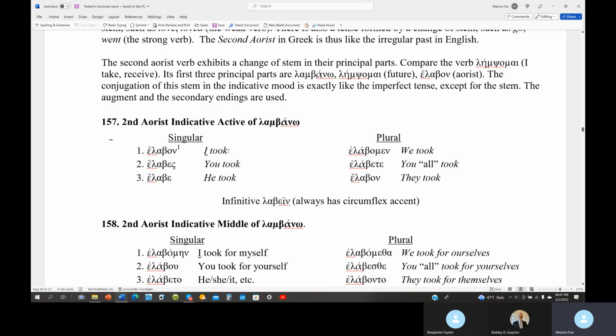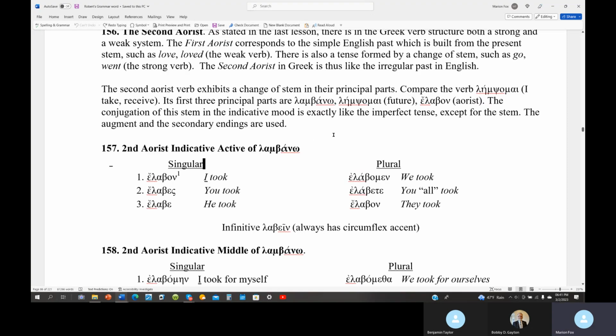We can find lambano in the book somewhere, and that's what Thayer will basically call it. Lexicons will call it a take or receive. So in your knowledge, when you see that, if it's in the middle, is that more of a taking or a receiving? It's probably taking, because it's self-prompted. That would distinguish it from the passive voice. I think the passive voice is when it ought to be translated as to receive, right? But it's the self-prompted taking.